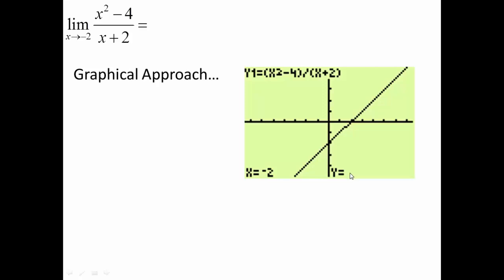So then the question is, what does the answer look like? As I approach that vertical line representing x equals -2, it looks like the height is -4. And since the graph is approaching that height of -4 from both sides, then I can say that because it looks like the graph is approaching -4, the limit is -4. So when our direct substitution technique fails, we can look at the graph and evaluate the limit visually.